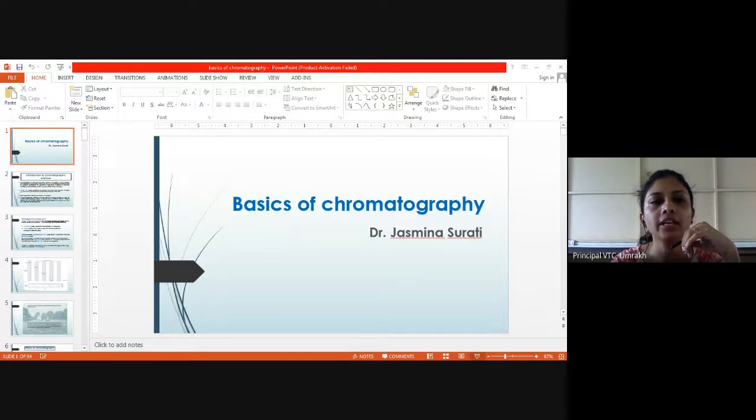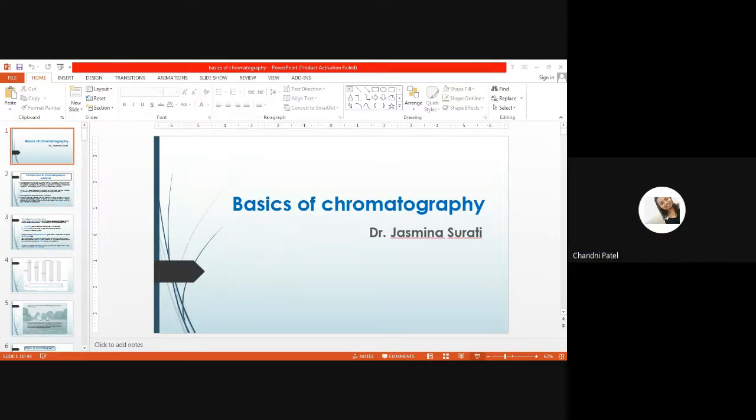Okay, so the first topic is the introduction to chromatographic analysis. As we know, chromatography is basically a separation technique. First and foremost, the use of chromatography is separation. But because of new advancements and sophistication in the instruments used in chromatographic analysis, we are getting the chromatogram through which we are able to do qualitative as well as quantitative measurement in addition to separation. Initially the use of chromatography was for separation, but nowadays in newer